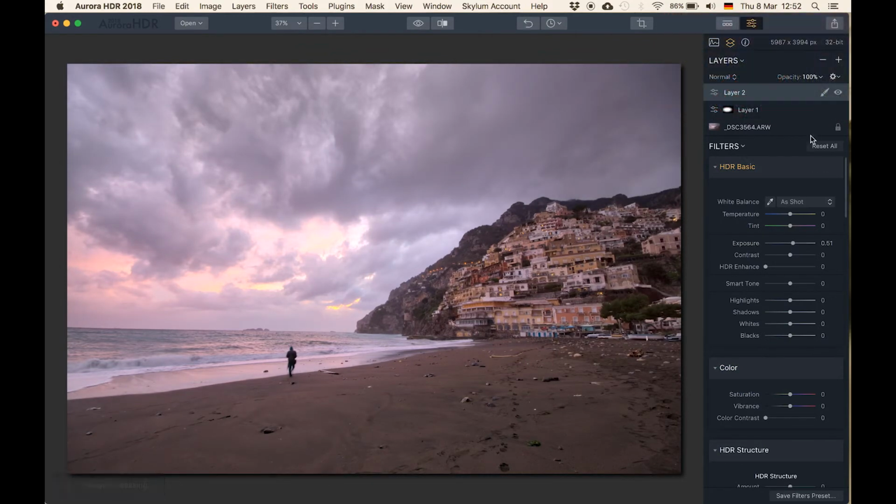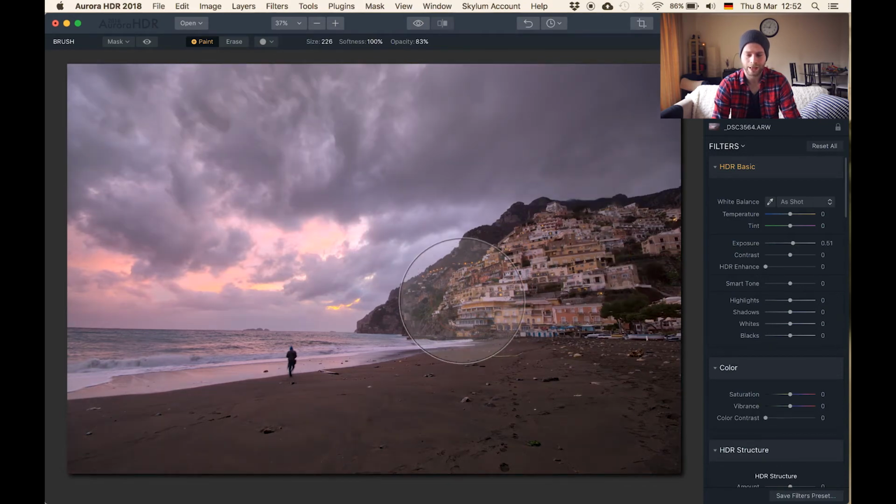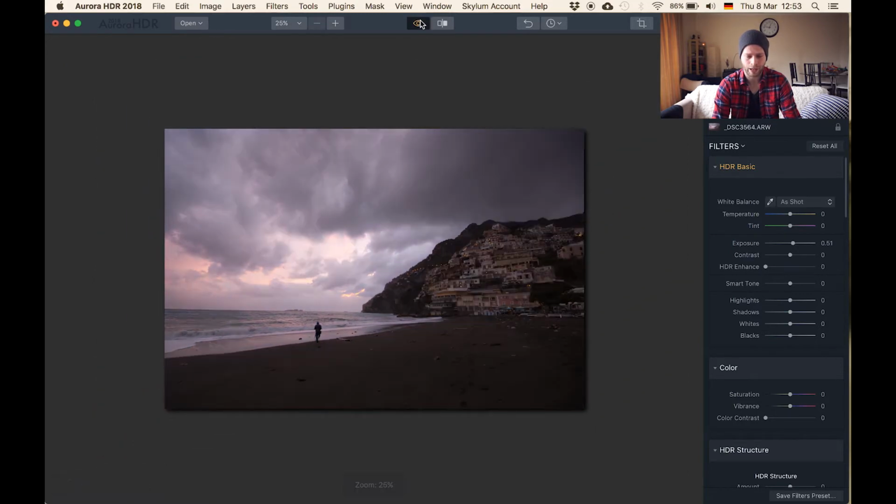Awesome. Now that I have that, I take the brush symbol, click on brush this time. I'm going to get my brush nice and large to something like that maybe. The opacity to 80% or something like that. And now I'm going to paint in where I want to have this exposure adjustment to be visible, which is only in the city area right here, or town area rather. Awesome, let's have a look at the before and after, and that definitely puts some attention on that particular beautiful, by the way, town. Awesome, so let's zoom out, have a look at the global before and after,